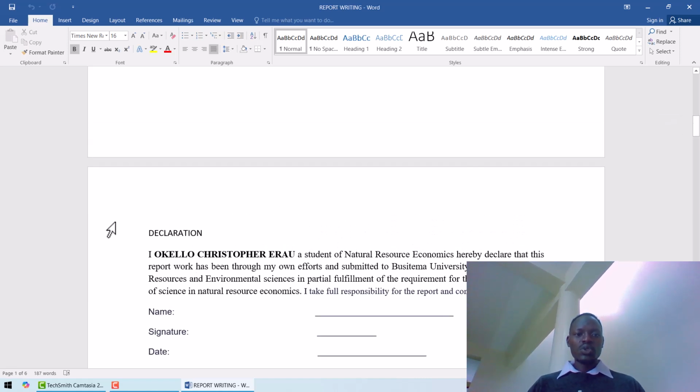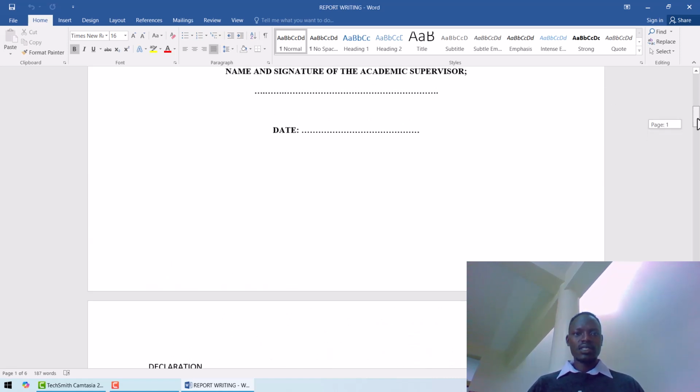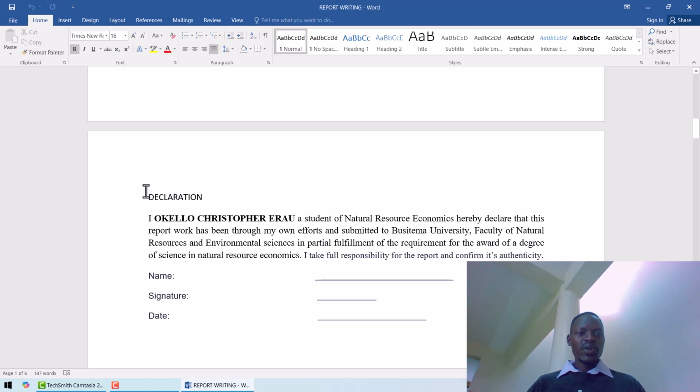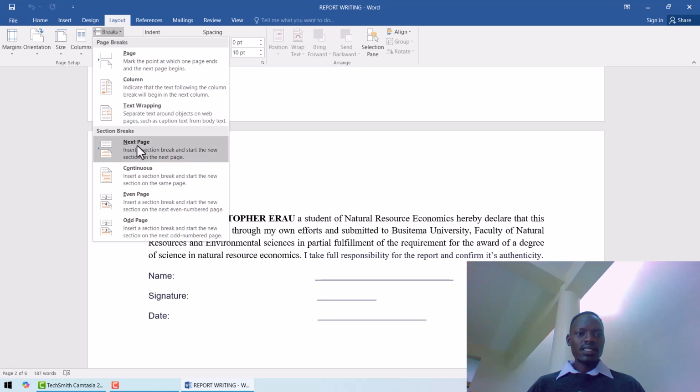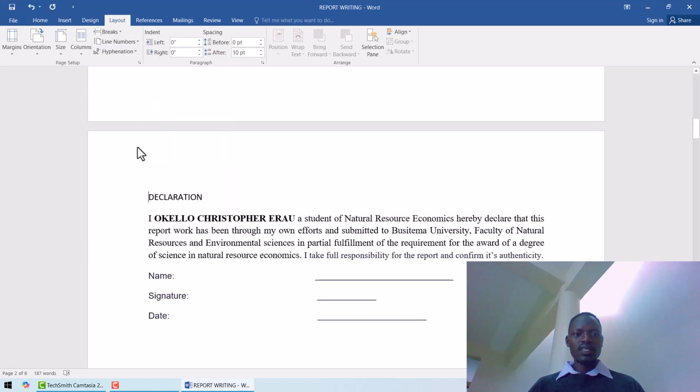immediately after your cover page, you come to the declaration. When you bring your cursor at the end here, you're going to create a break. So you go to layout and you choose break and you say next page. So the next page break has been created, and you also go to